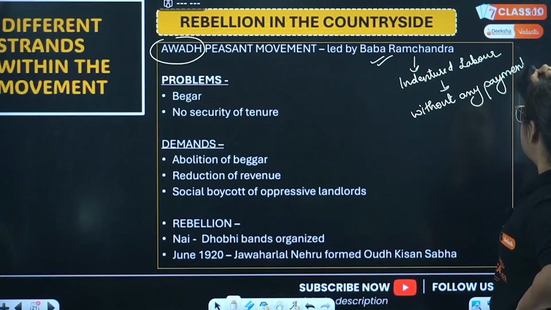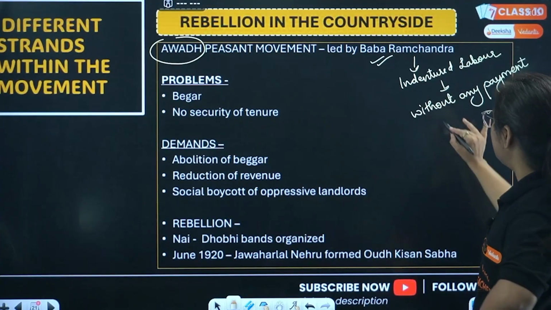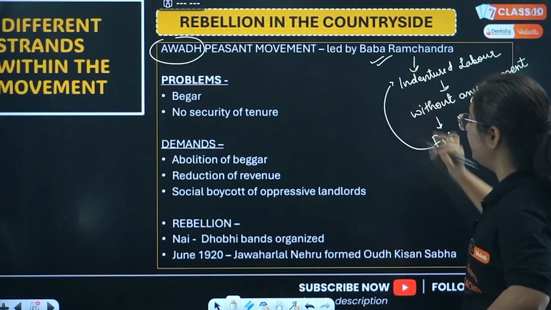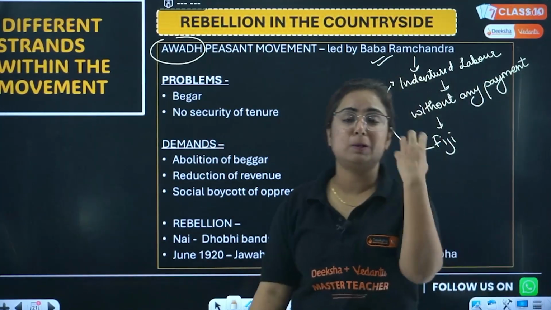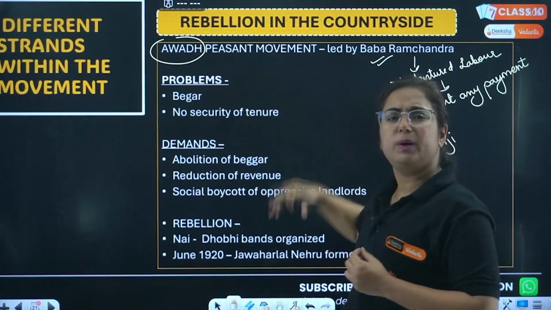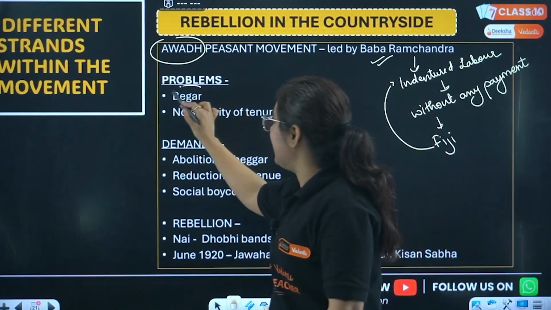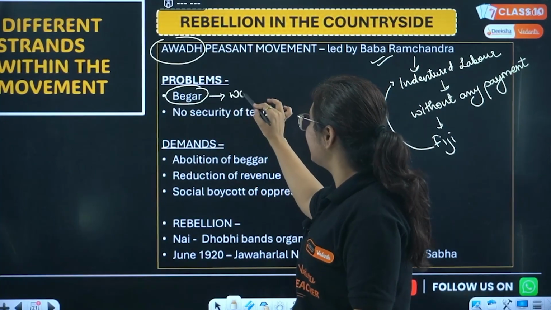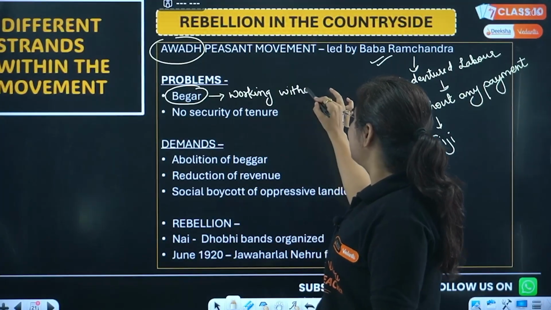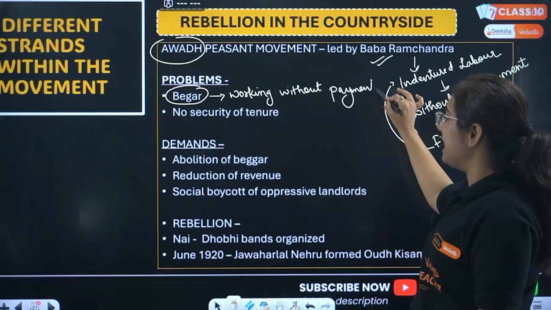If you know, you studied last year about Indian Fiji and the indigenous Fiji. So they were sent to Fiji and worked there as indentured labor. When he came back, he fought for the peasants, and that movement is known as the Awadh peasant movement. Why was he fighting? What were the issues? The issue was begari. Begari again means working without what? Payment. So Britishers were asking the peasants to work on the farm without giving any payment, this begari system, and